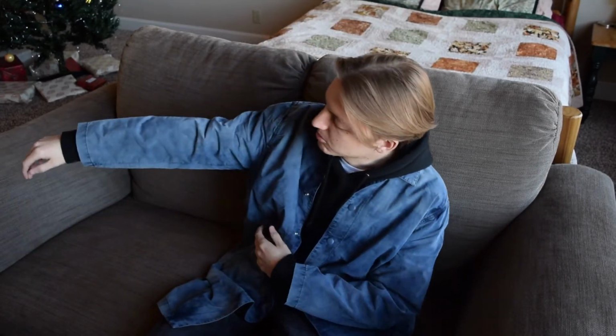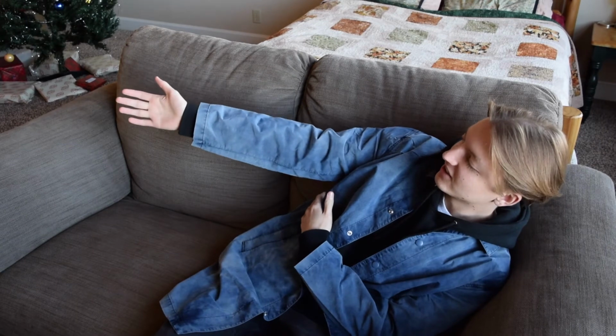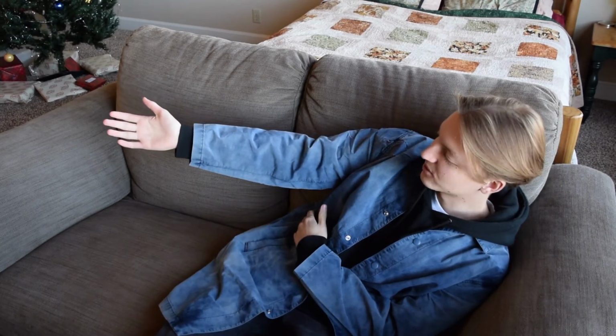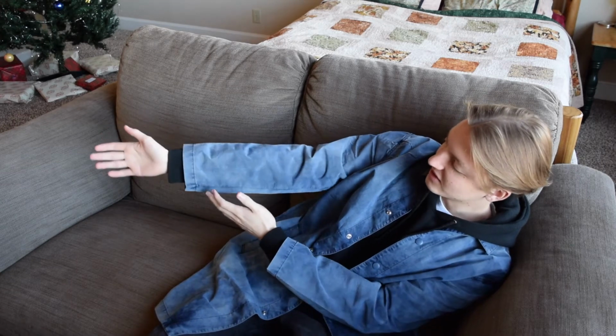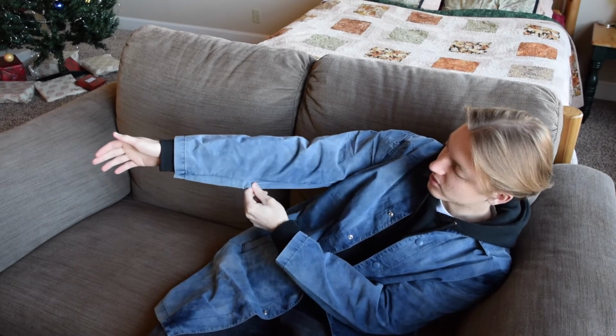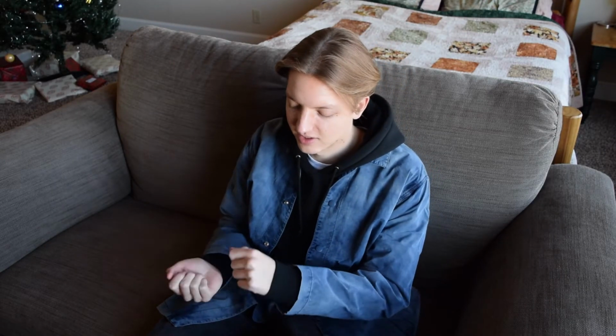And as far as length goes, I feel like the sleeves could definitely be longer. Hopefully you can see here. I know sometimes I try to show this off and it's off screen, but you guys can see the sleeves do come up a little bit short. This is pulling it all the way. Not too short for me to have to wear something underneath it, like the hoodie, to extend the cuffs, but